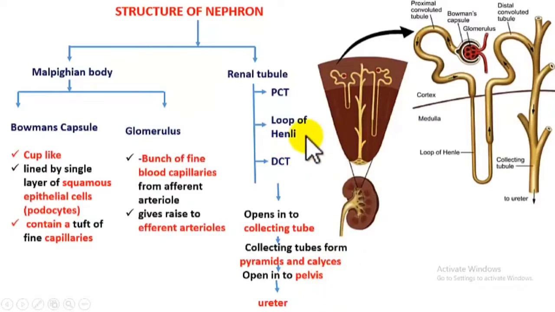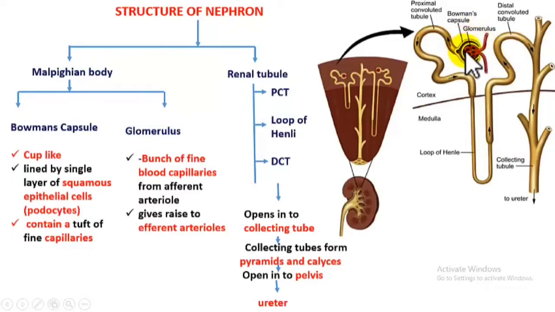So this is broad understanding of the process what goes on in nephron. So we have understood the structure of nephron completely and the process that goes on in nephron broadly. Now we are in a position to understand the mechanism of urine formation. But before that, there is one more concept that you need to understand, that is how the blood is brought to nephron for filtration. So blood nephron lopaliki ela vastundi.